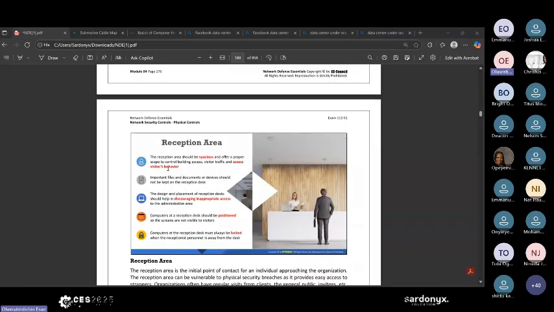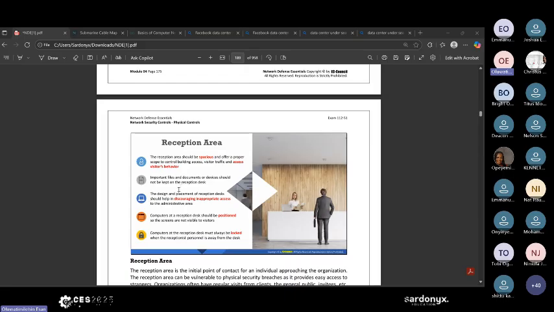Also, workplace security environment. Look at the reception areas. The reception should be spacious because one of the major vulnerable places in a building is always the reception area. Why? Because the reception is meant to be friendly and comfortable, and sometimes it's always busy, especially when it's crowded. And there's a lot of information you can also get at the reception. So important files, documents, or devices should not be kept on the reception desk. The things that should be kept there are basically magazines, advertisements of your company, and so on.